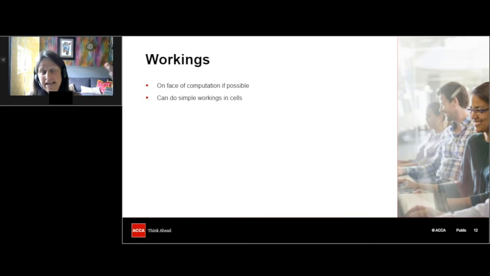So particularly adding up columns of figures, that's really useful to do in the cells. If you were just adding two numbers together, that's fine. Be careful though, because if you start to do more complicated calculations using a formula, then it can go wrong. And so what I would do is get into the habit of, certainly for more complicated things, breaking them down, showing a working as well.